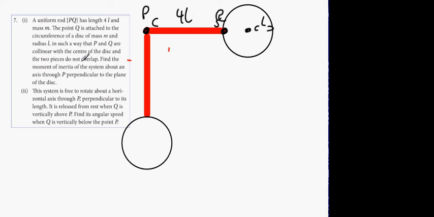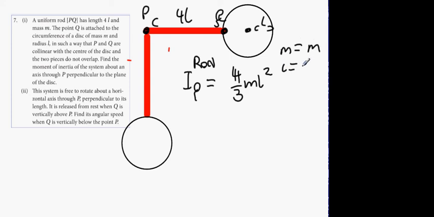Now, find the moment of inertia of the system about an axis through P perpendicular to the plane of the disc. So it's the usual. It's what we've done the last time, alright? So we'll just get it done quite quickly. I of rod, okay, and this is axis P, yeah? P is at the end of the rod, yeah? It's usually 4/3 ml squared, but this time m equals m, but L equals